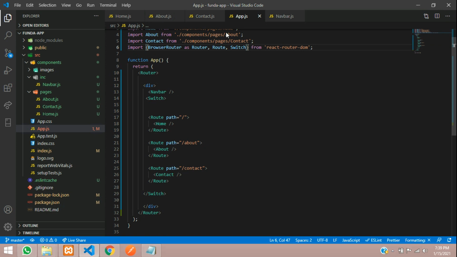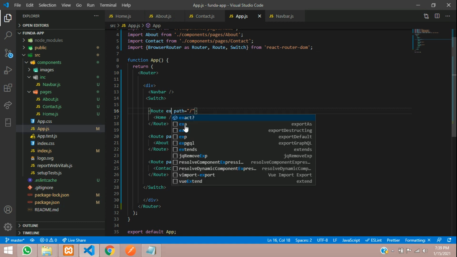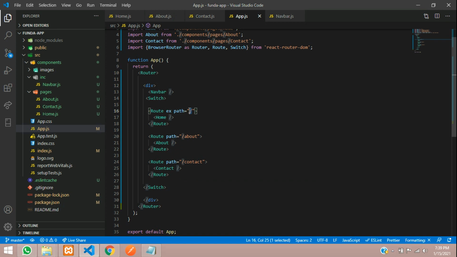Now guys, if you are using Switch, you have to call exact path. So exact path will be for the /home, because this / is used everywhere. For that sake we are using exact.